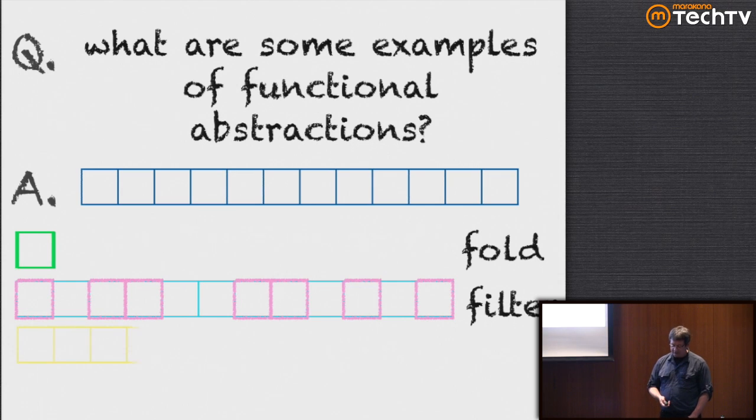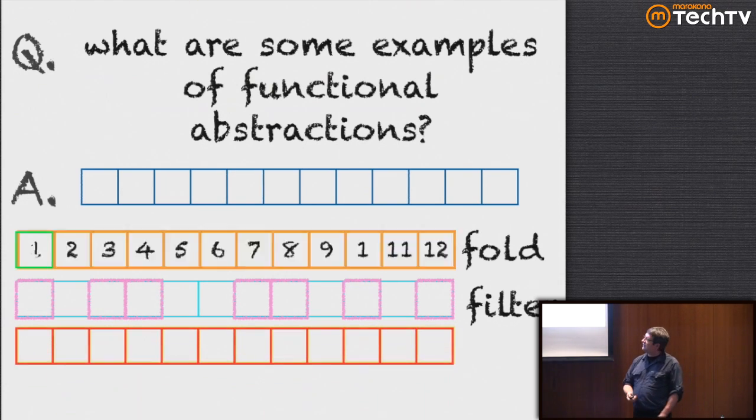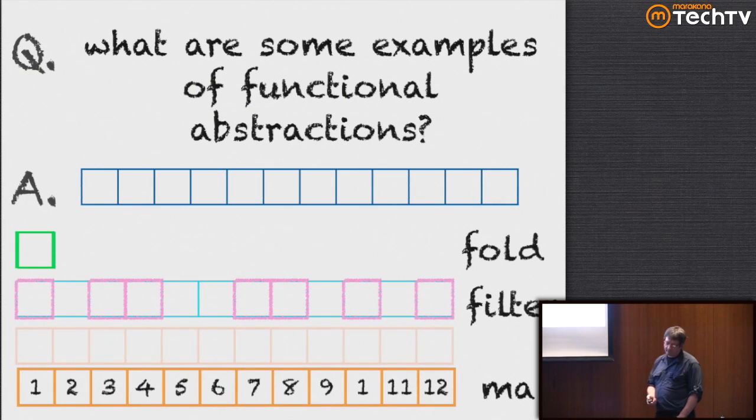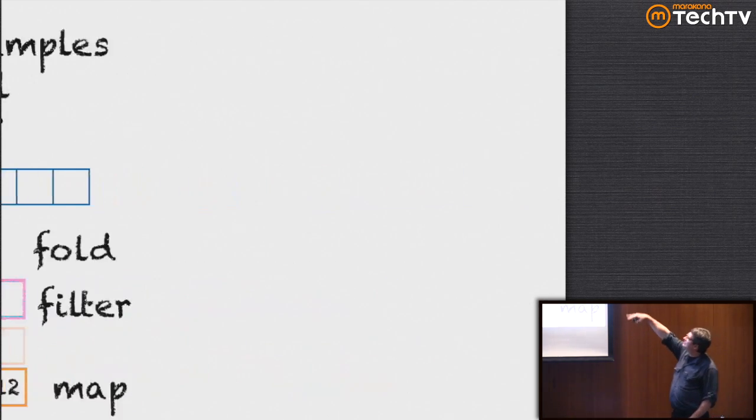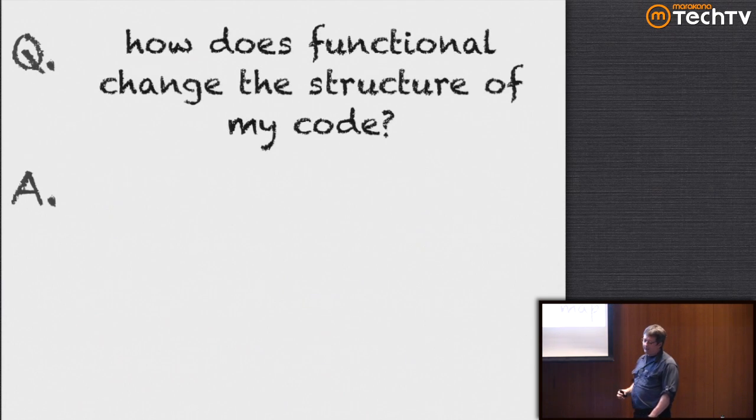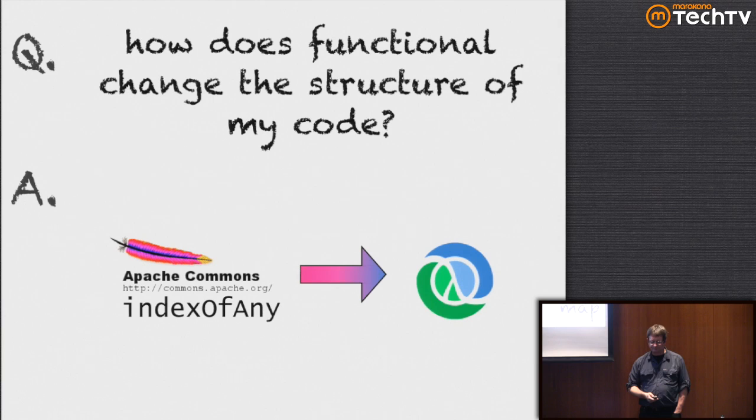Another common transformation is take a list and return me a subset of that list, which is a filtering operation. Another one is take some existing list that has values in it and map a function onto each one of those, yielding a brand new list of items. These are really common things that pop up all the time, and of course they have optimized versions of these in Clojure.